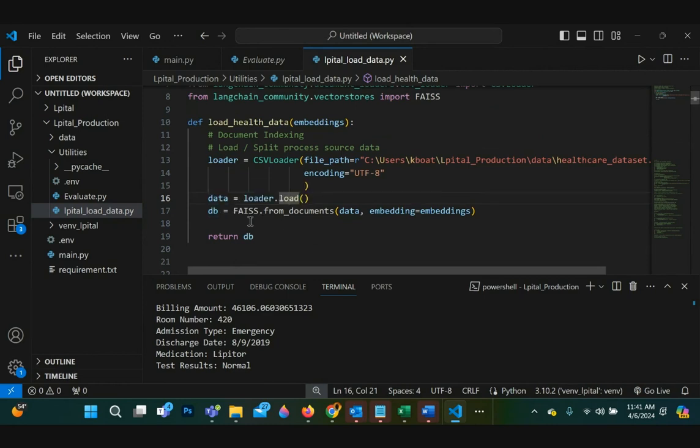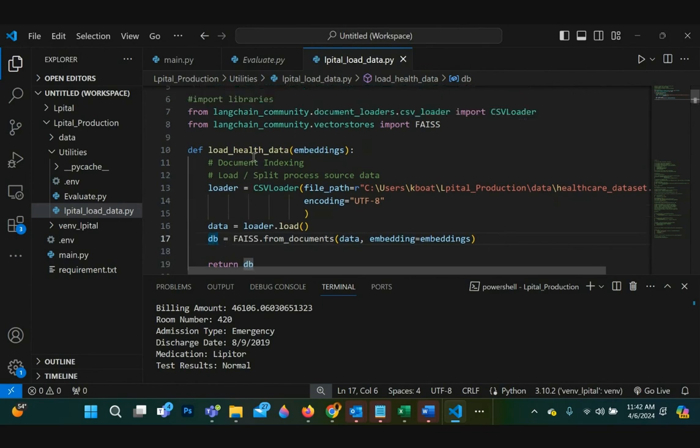For the vector store with FAISS, all you do is call FAISS.from_documents, passing in the loaded documents and the embedding model. This line creates a database. Again, this is in memory, so I could have used Chroma or other products that will persist the data. Then the function returns the database.